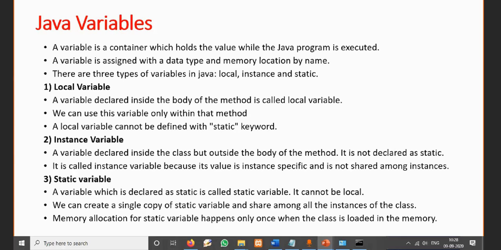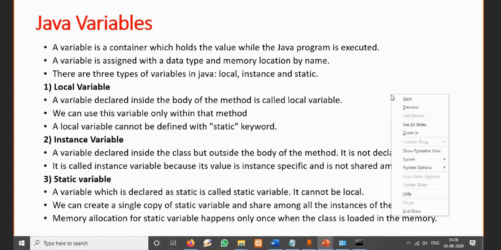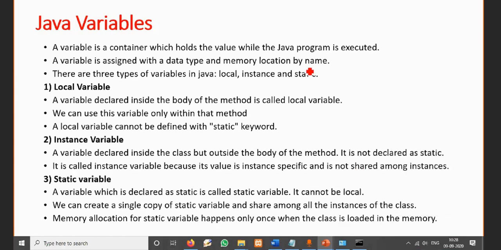Otherwise, you can just mention a variable is a container which holds the value for the program execution. A variable is assigned with a data type and memory location by name. So whenever you take any variable, the variable will have a name, and we identify that variable by using the name. So the name of the variable you should specify; the name is compulsory.